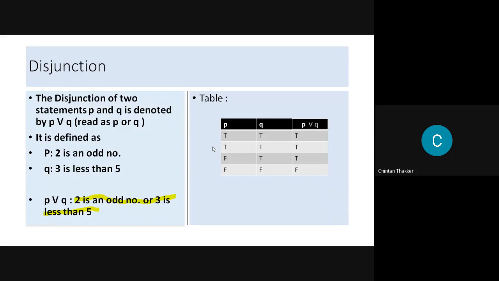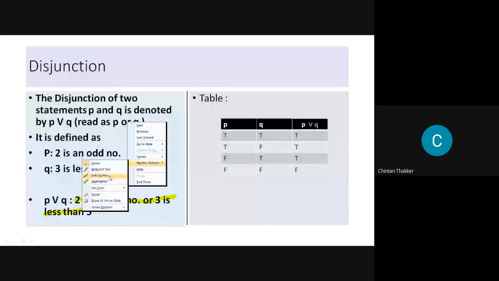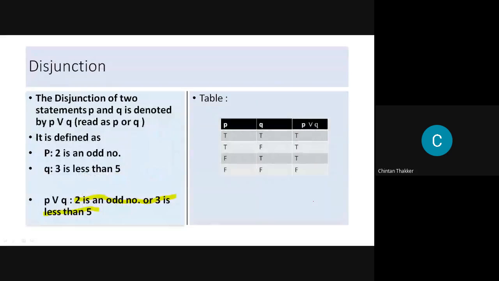This is used in set theory also. In set theory, you have the complement of a set. So in set theory, we have De Morgan's law. What is De Morgan's law?